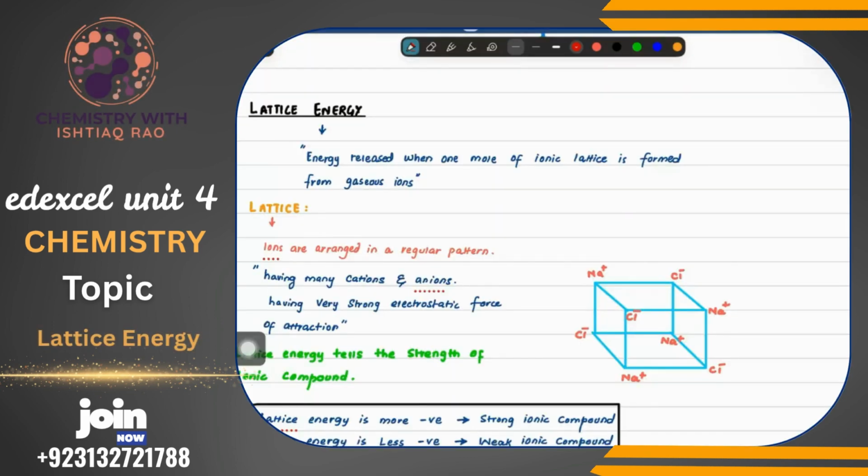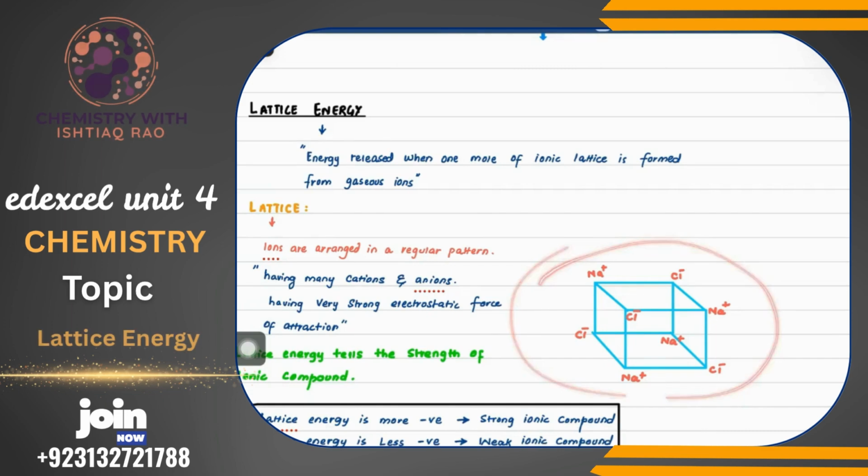So unit 4 starts from kinetics, but we always do this chapter. This is easy, and we will be moving from hard to easy, like easy to hard. Okay. So lattice energy. Basically, as we know that all ionic compounds have a lattice structure,